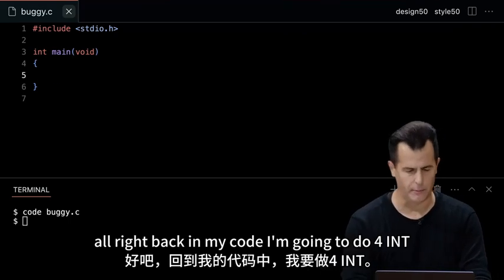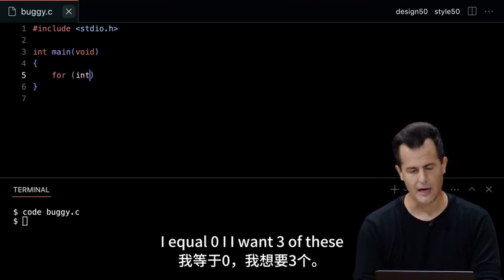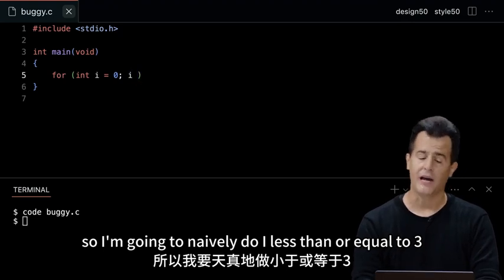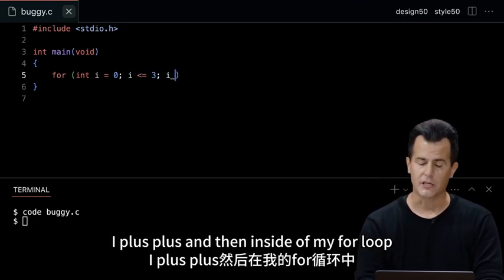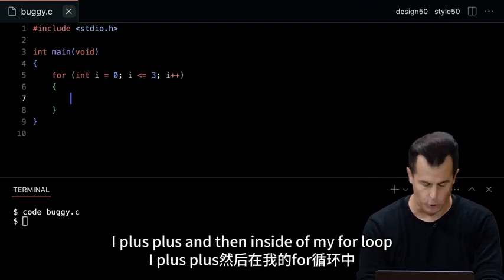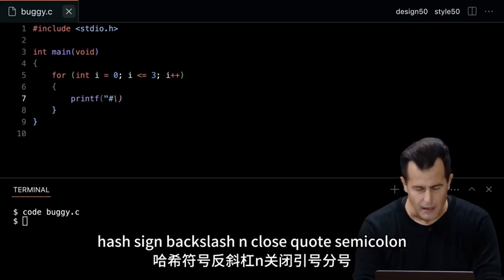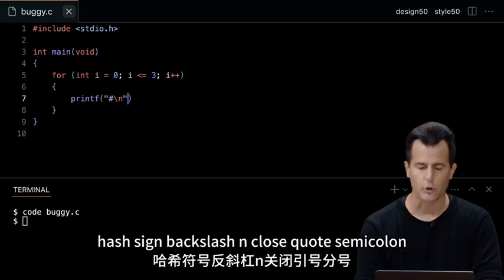All right, back in my code, I'm going to do for (int i = 0; I want 3 of these, so I'm going to naively do i <= 3; i++). And then inside of my for loop, I'm going to do printf("#\n");